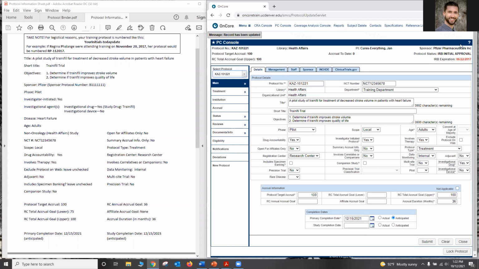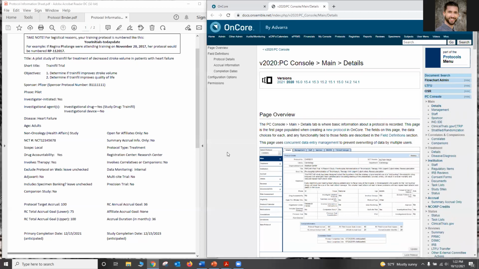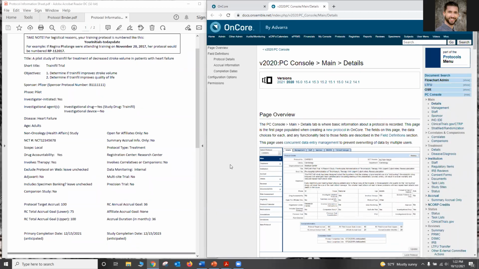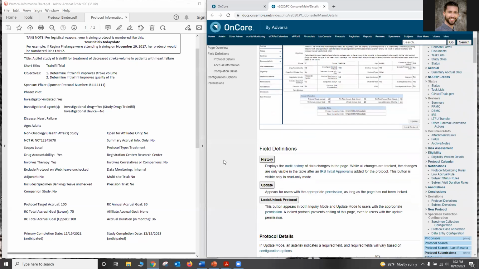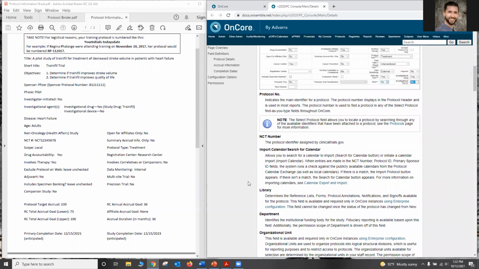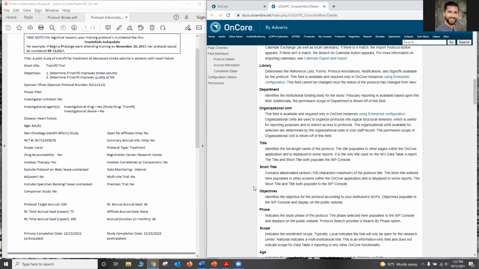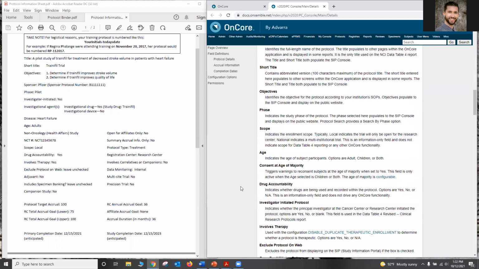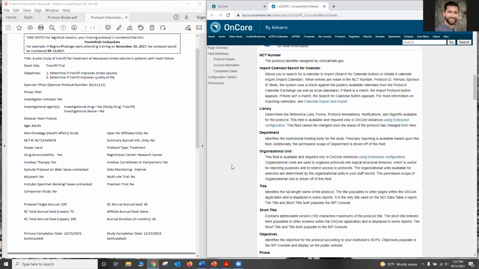So at the top right corner, under your name and the drop down, there's a question mark. If I click on that question mark, this is taking me to those learning portal pages, and it has a page overview of this main details tab. And if you scroll down, it has definitions for all of these fields. What library means, what department means, what you should be adding as a short title, just information about what that means, scope, drug accountability. So everything we just covered, it gives you all of the definitions for those fields,